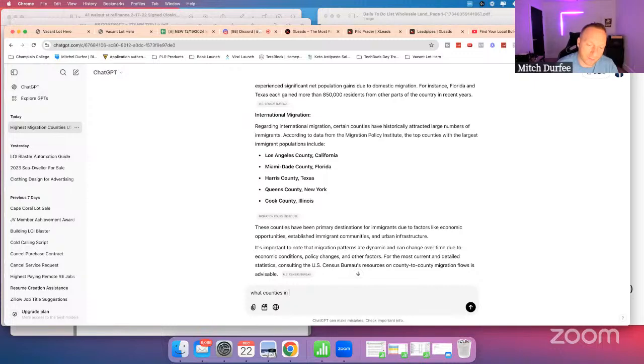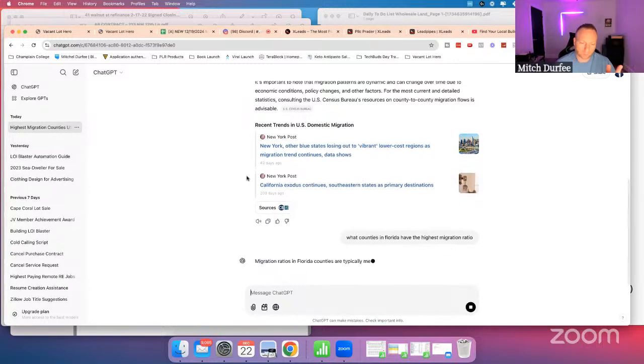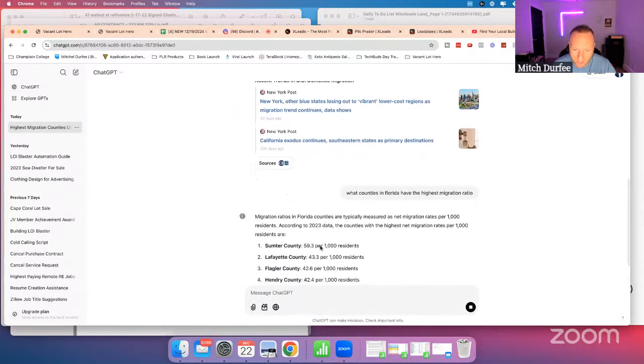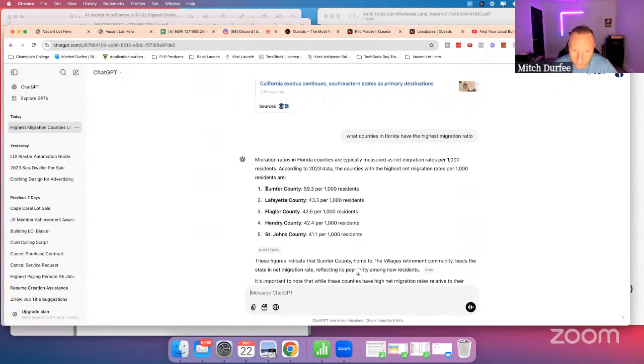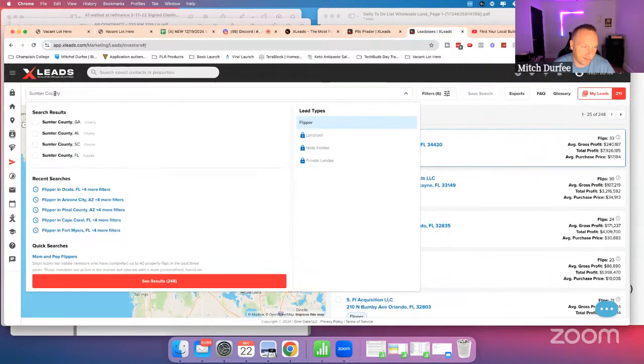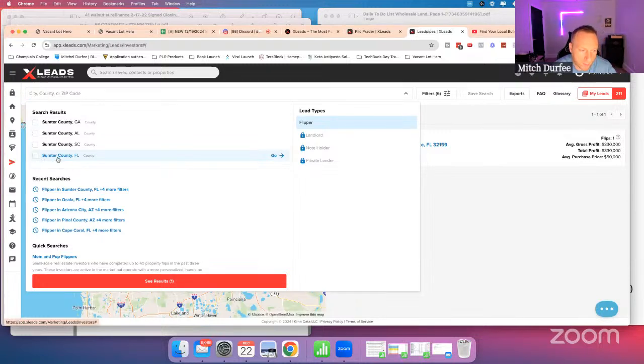Let's do it like this. What counties in Florida? Yep. Migration ratio. Because if you're looking at, does this sound right to you? Let's try it. Let's check our theory, our hypothesis. We're talking Sumter County, Florida. Let's see. And again, like you said, we can look at this and then we can filter it down into the city. So if we're looking at Sumter County, Florida,